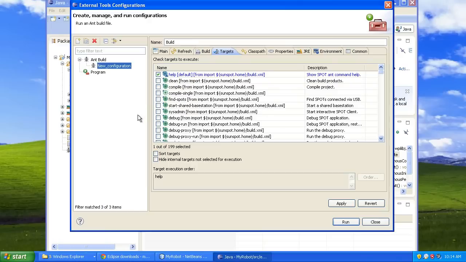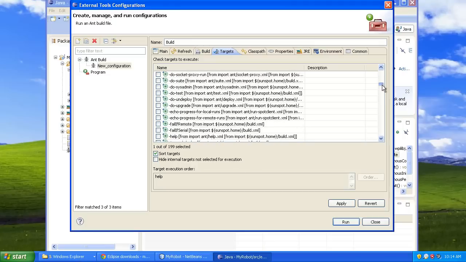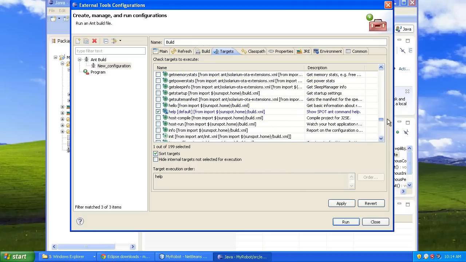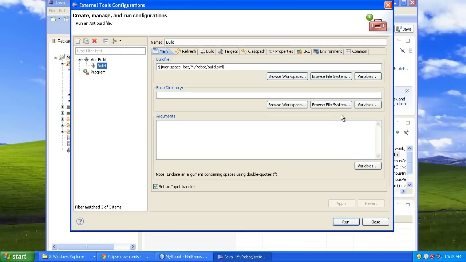If you click on sort targets, all you need to do is check one of these. It's called jar-app. You can leave help checked. I usually uncheck it because I don't want to see all that stuff, but I'll leave it for now so you can see why I uncheck it. And then we're going to check jar-app and hit apply. So now if we run this,